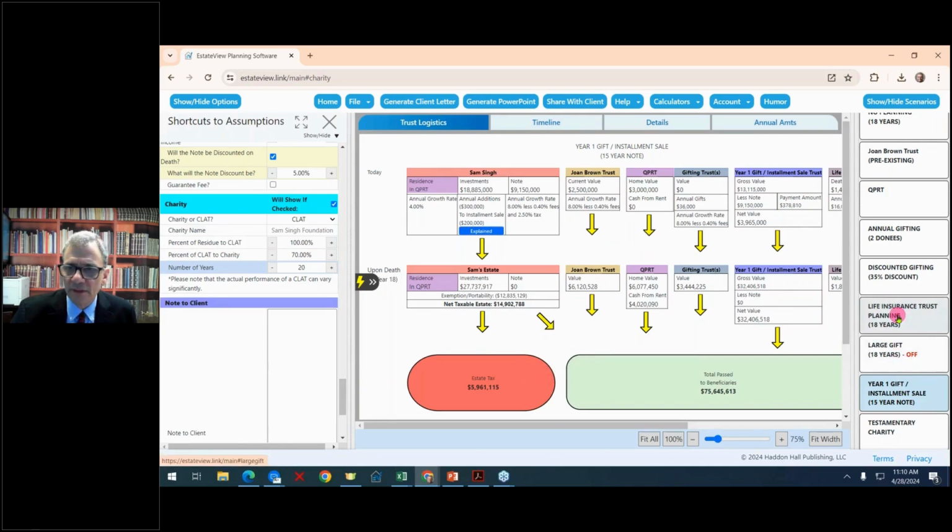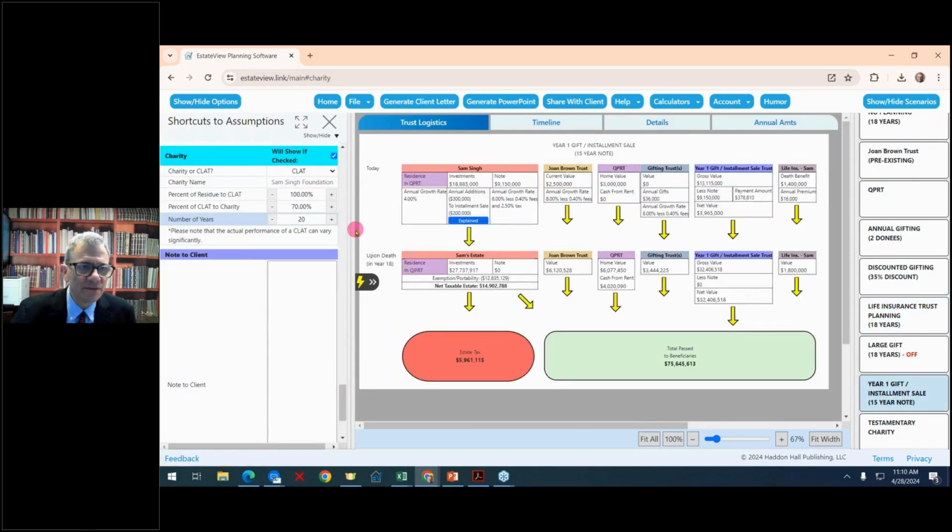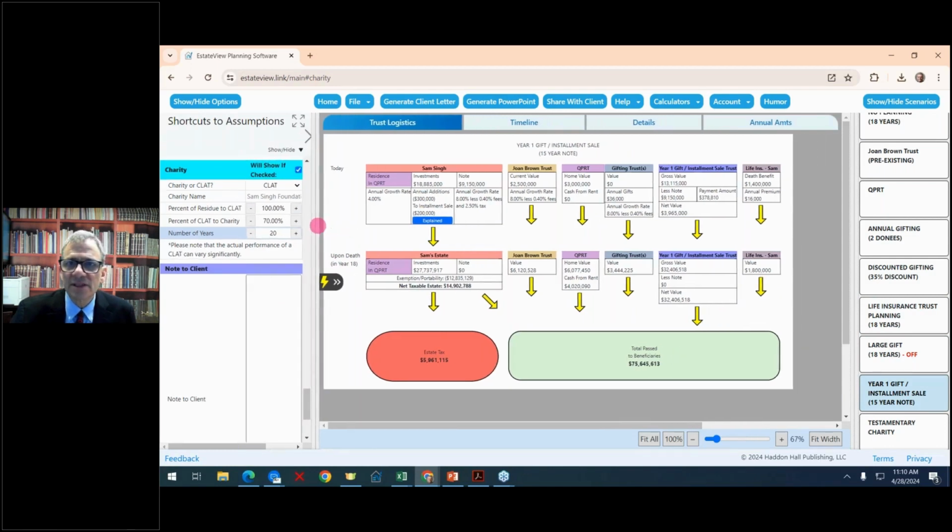So the difference between no installment sale, $18 million in estate tax versus installment sale where it comes down to $5,600,000. And you can see here at the top, his investments are lower because the installment note